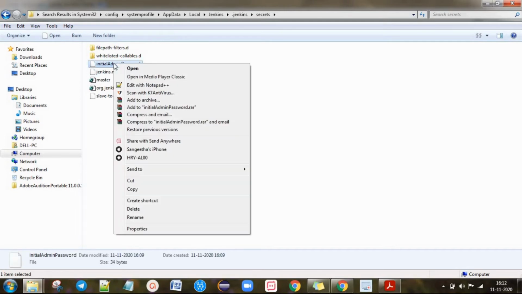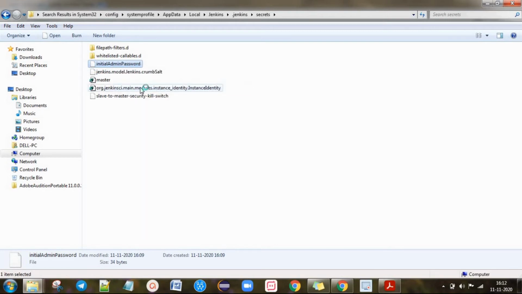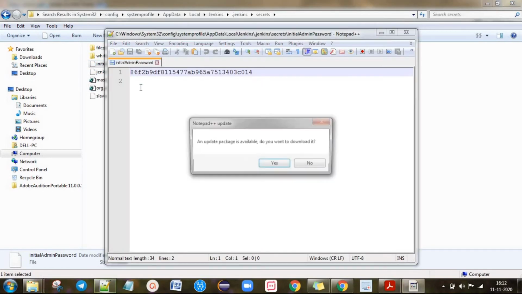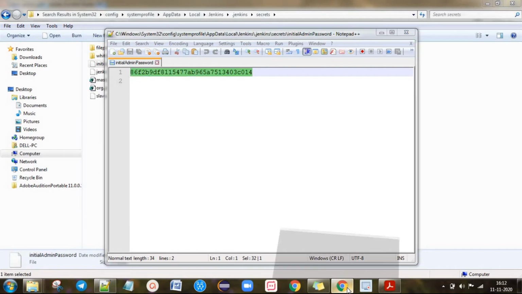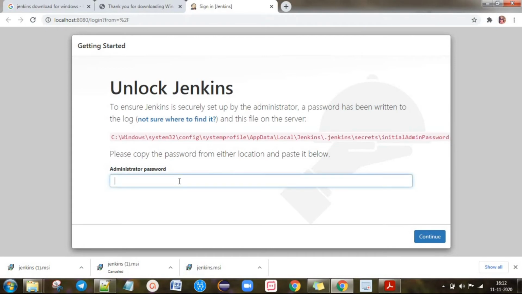Right click and edit with Notepad++, or else edit with Notepad. This is fine. Okay, you just copy this code, go to Jenkins, paste it here, click on continue.